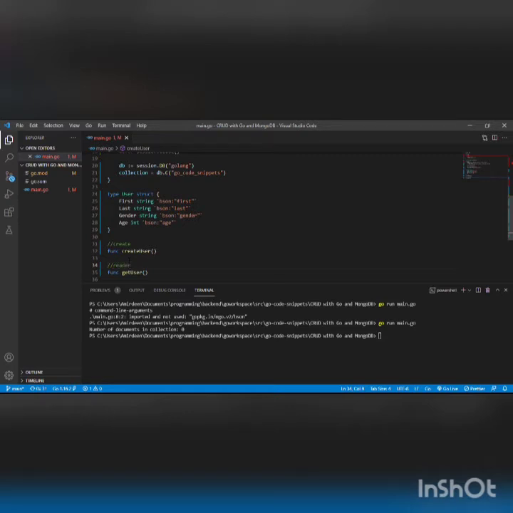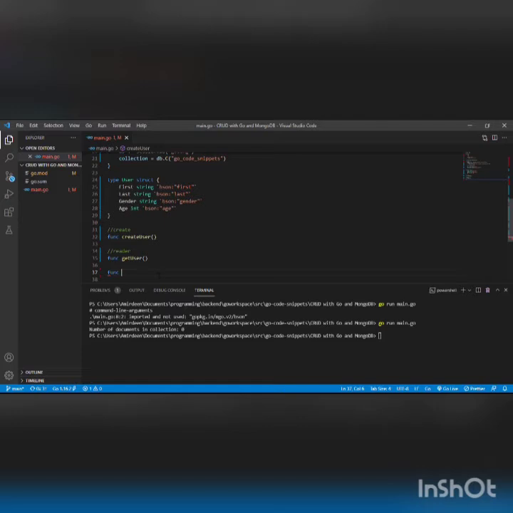Then we have func update user info. So this one is update, and then func delete user. And this one is delete. So that's our CRUD. So func create user just takes in the first name, the last name, the gender,